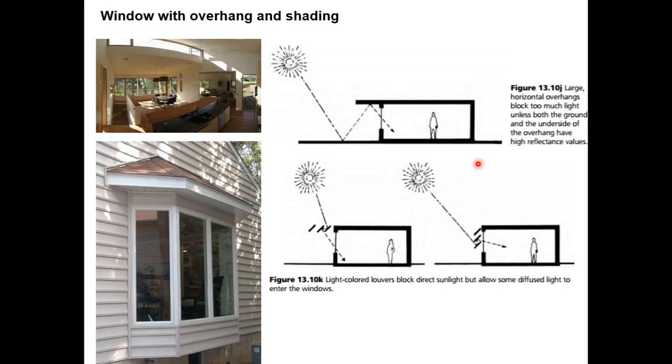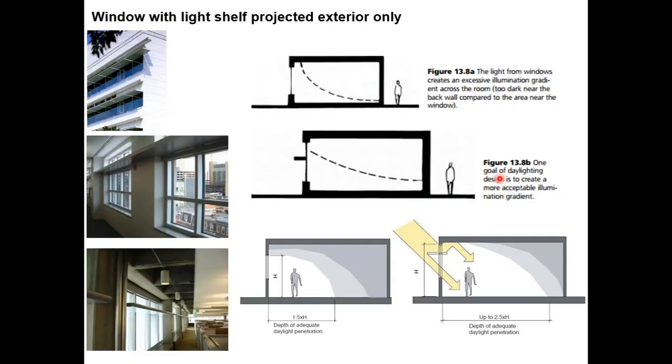So we have windows with overhangs and shading. Generally, as we saw in the previous slides, the sunshade is also going to act as an externally reflective component. So generally there is going to be an external reflectance here, and this also is going to reflect here and provide you an externally reflected component. So if you have solar pergolas or maybe pergolas and even louvers, it is also going to give you diffused light because of its reflective components. So these are the reflective components of ERC, externally reflected components. So windows with overhang and shading will also provide better, diffused light.